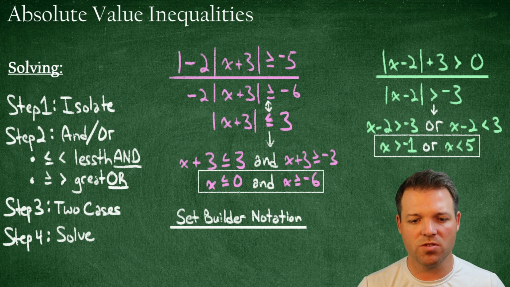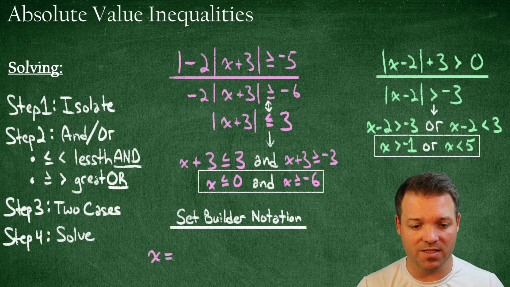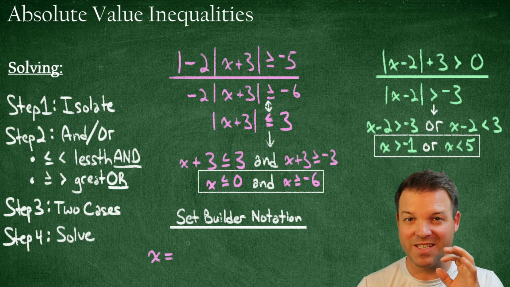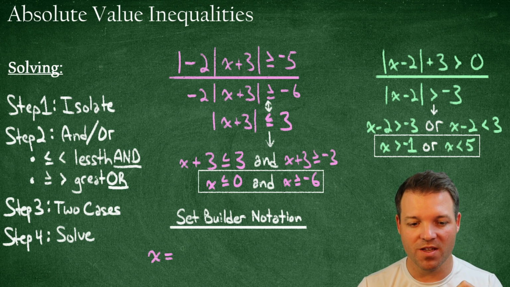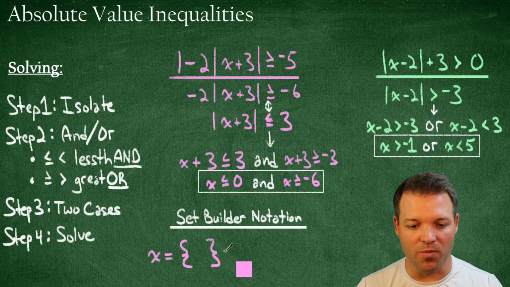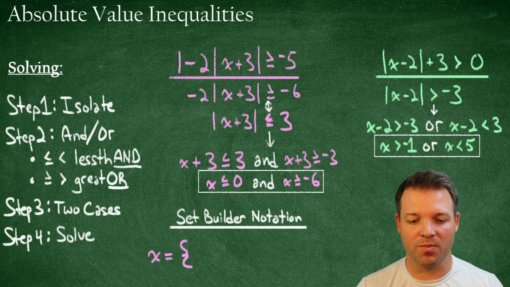All right, so let's do the pink one first. With set builder notation, I would say x is equal to, and I'm going to use proper vocab here, because these symbols do have names. So we're going to say x is equal to the set, which looks like this, and we put things inside of the set, items inside the set, or rules. But in this case, I'm going to go ahead and build this out. Set builder notation. So x is equal to the set of x